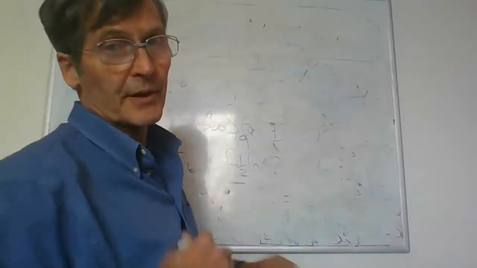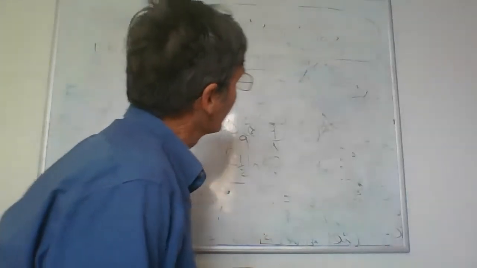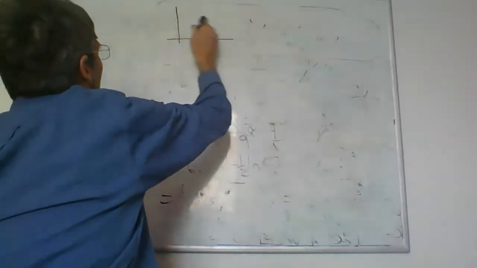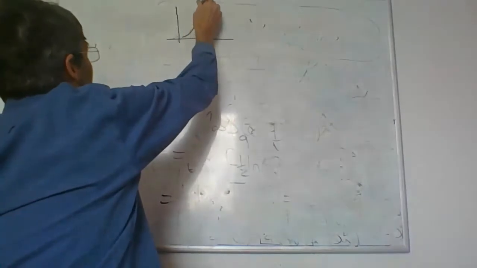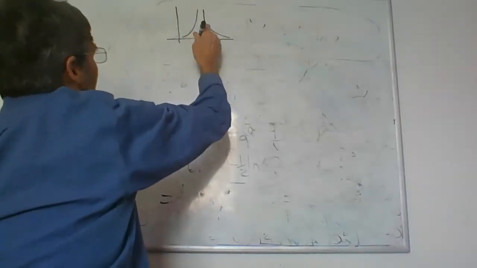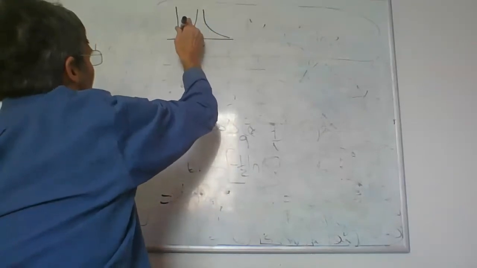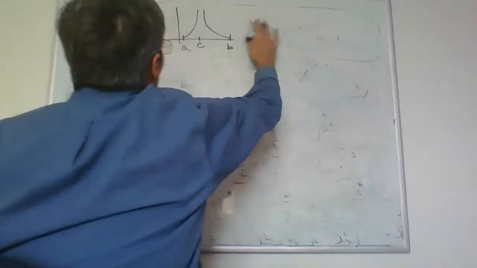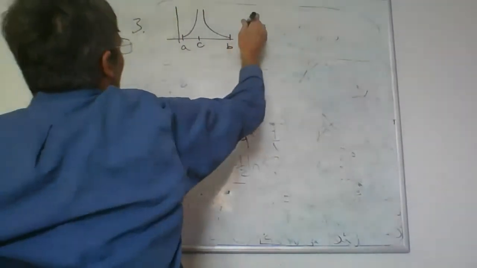All right, well, we need to finish what we were doing with improper integrals. We were saying at the end that if you had a region like this that had an infinity, going to infinity or minus infinity in the middle, or one on each side, at C, in the middle of an interval from A to B, this is equation 3,